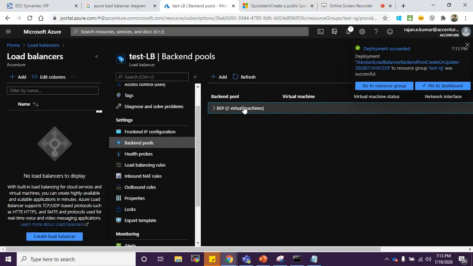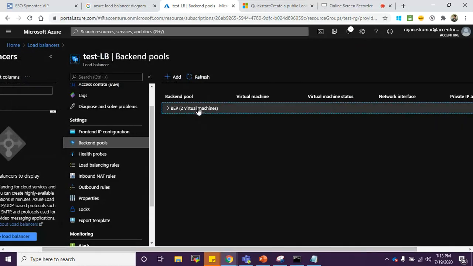So this is done. It says it has two virtual machines.